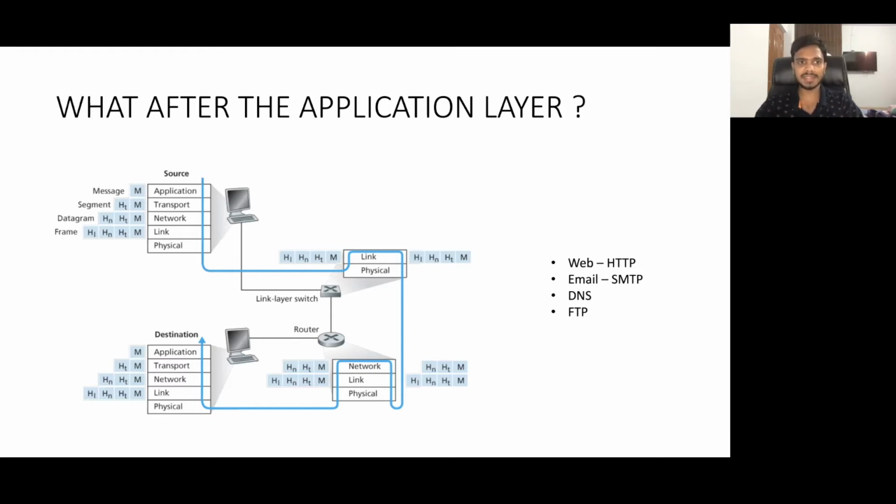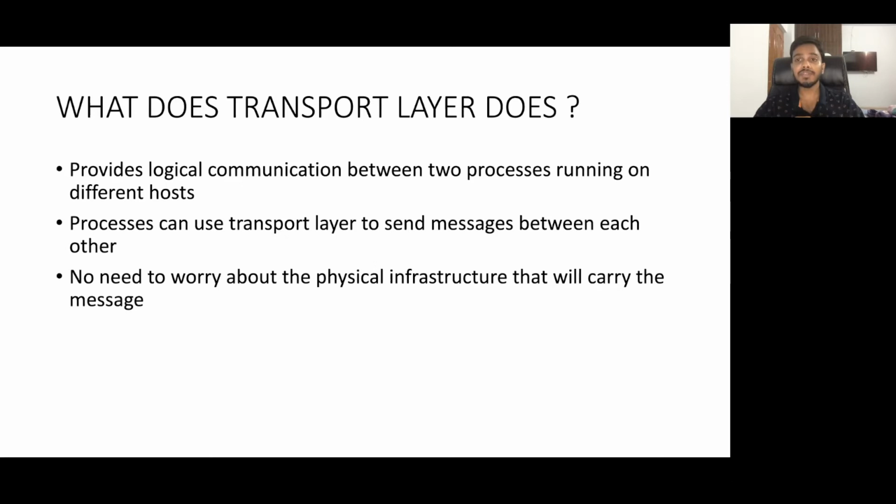Then this segment will flow from the source, pass through routers and switches, and finally reach the destination. And you can see here, in the transport layer of the destination, you again have this segment; whatever was here has reached here. So now we'll discuss this segment. What is in this segment? What are the important headers in this segment? And in the transport layer, which are the important protocols and what are the uses of those protocols? We'll discuss that now. First, we discuss what the transport layer does.